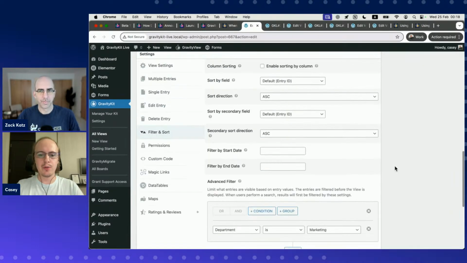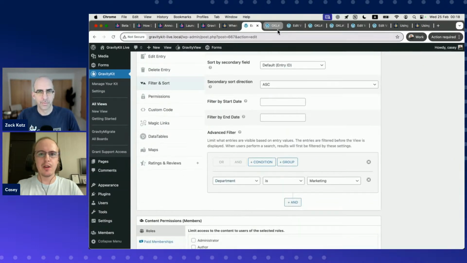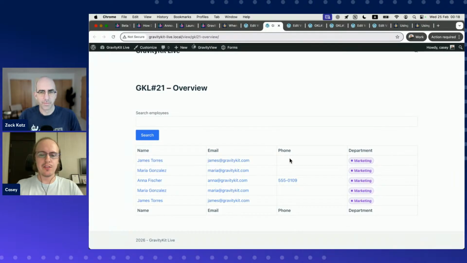All right, so we've got this condition here, department is marketing, but you can see our view on the front end. A lot of entries don't have phone numbers associated with them, so they're just kind of empty cells. And that's not great. So for example, we might want to actually display some text in here if the value is empty. And that's a perfect use case for field conditional logic, because now we're looking to apply a condition